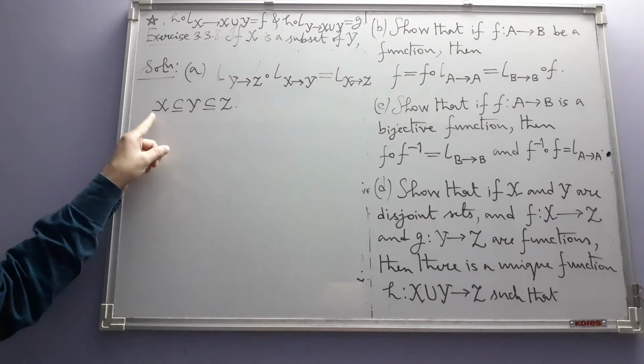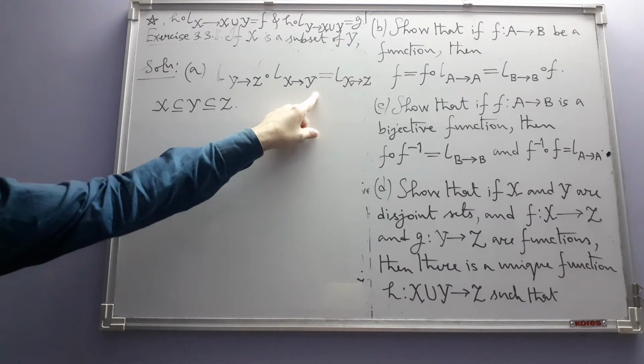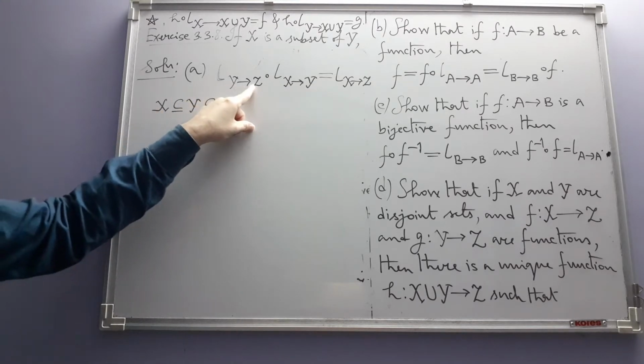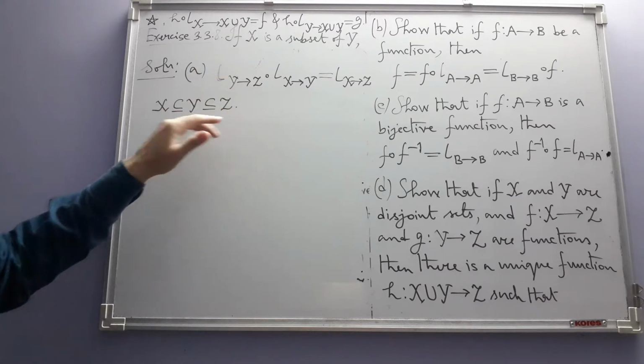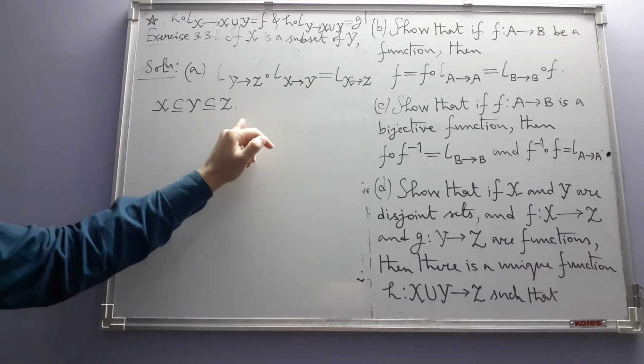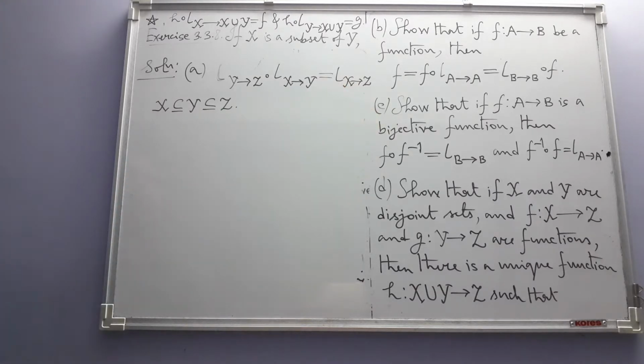So note that since X is a subset of Y, this inclusion map makes sense. Just like that, since Y is a subset of Z, this inclusion map makes sense. And since these relations imply that X is a subset of Z, this inclusion map makes sense. Okay. Now,